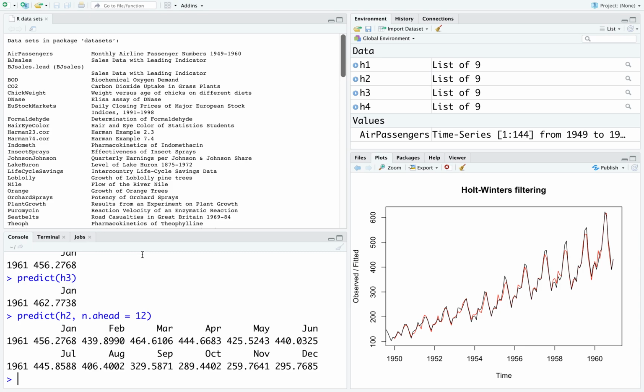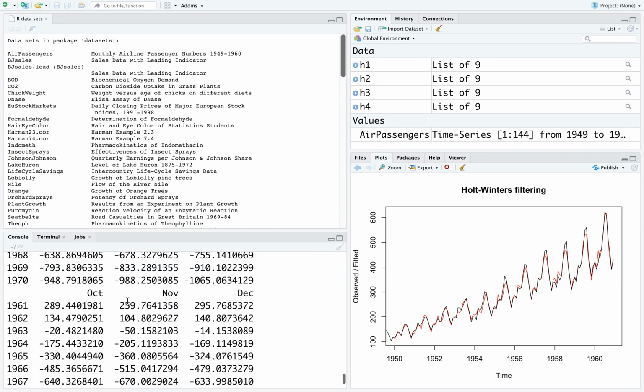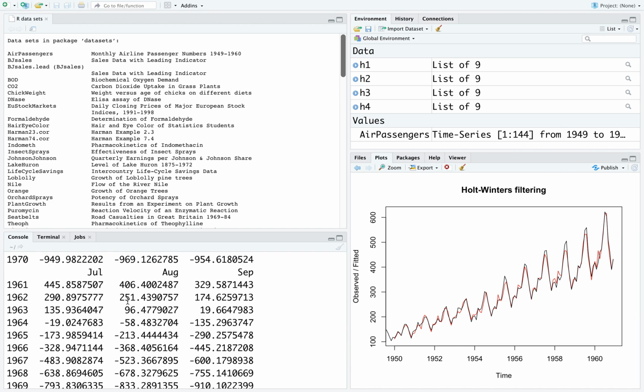Now, suppose I want to do prediction for the next 10 years, 120 values instead of 12 values. What will happen? It will simply give me some values. The methods will not tell you, that is silly. You cannot use 12 years of data to predict for the next 10 years. It is too far in the future. It will not tell you any of that. It will simply dump some values. As you will see immediately that something has gone wrong really.